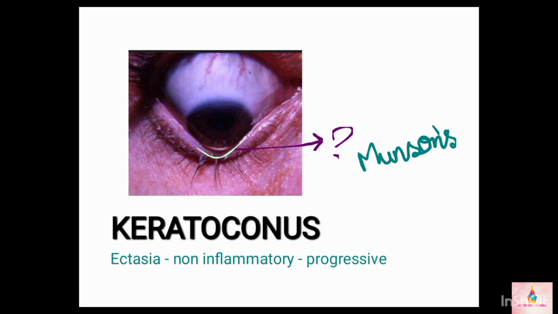So keratoconus, it is an ectatic condition. When we say ectasia, it means dilatation, right? The cornea is being dilated and protruded forward in a conical manner. And it is a non-inflammatory condition and a progressive condition. It is not stationary, and with age it increases. And keratoconus is a common condition seen in early 20s and the growing years, teenage and early 20s. Let's discuss the causes, right?